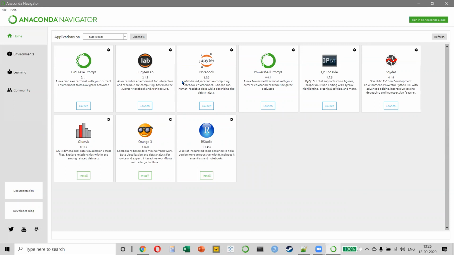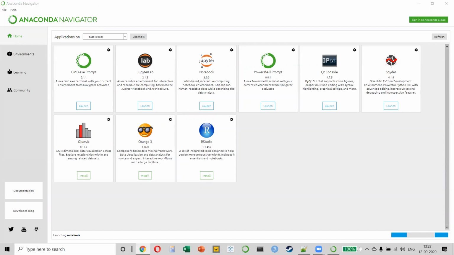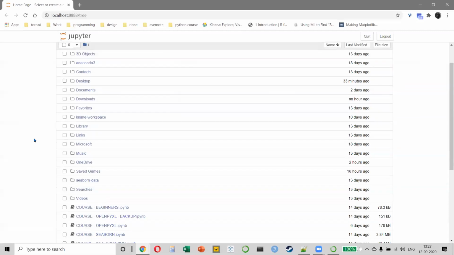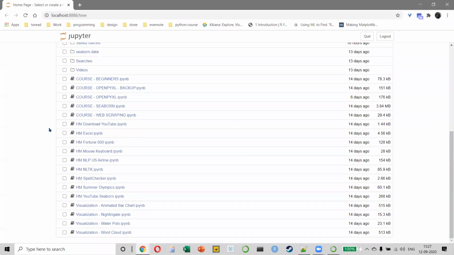So Jupyter runs on the cloud. It's an interactive computing environment. So basically, it will run on your browser. So when I click on launch, you will notice that it is actually going to open it on my browser like this, whichever browser you're using, whether you're working on Chrome or Internet Explorer or Bing or Edge.